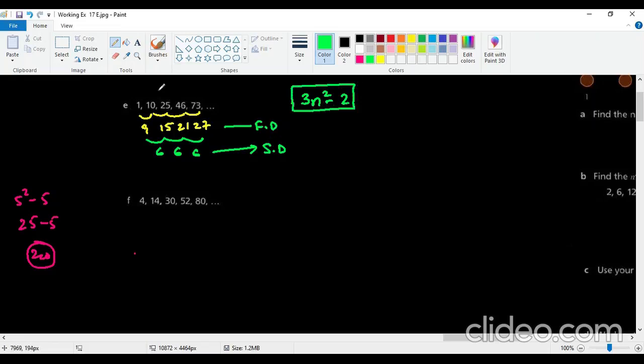Let's try to find out the third term, which is 25. Let's see if this gives us a 25. That means 3 times 3 square minus 2. That means 3 times 9 is a 27, and 27 minus 2 is giving us a 25, which is fine. This nth term rule is perfect. Moving on to the next question, which is